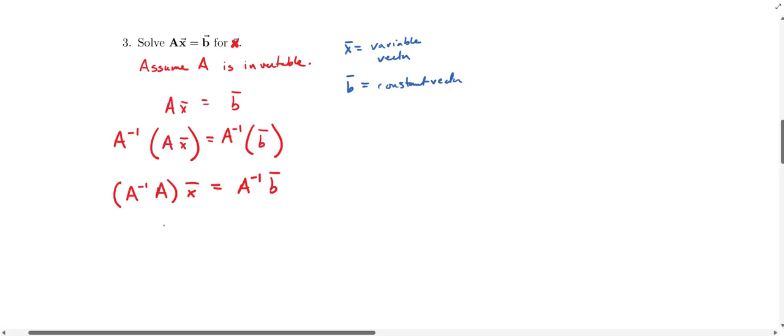And this part, please folks, I do not want you to shortcut. What happens when you multiply A inverse times A? You get the appropriately sized n by n identity matrix. And then what is the n by n identity matrix when multiplied by an n by 1 column vector? It will just be that same n by 1 column vector by the properties we've already discussed of that n by n identity matrix. And so folks, what we've done is the algebraic equivalent of solving a very simple equation,